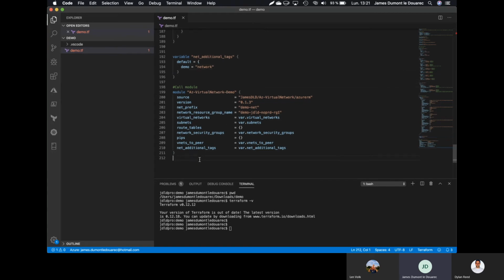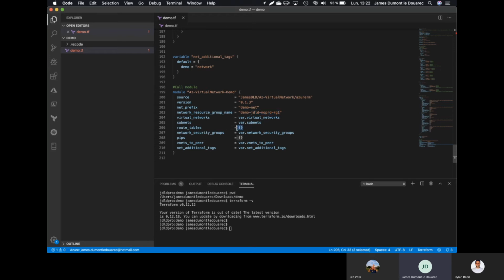Okay, so we just saw in the PowerPoint how to call the module. Here in my example, I already have a resource group which is called demo GDLD no prod, and I have the correct privilege to write resources on it.